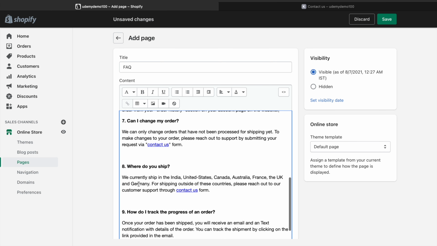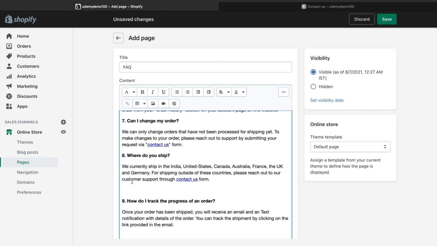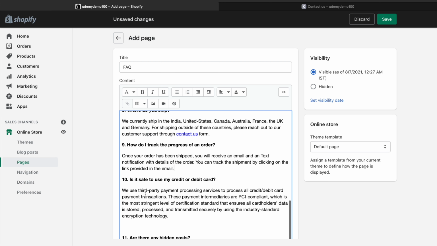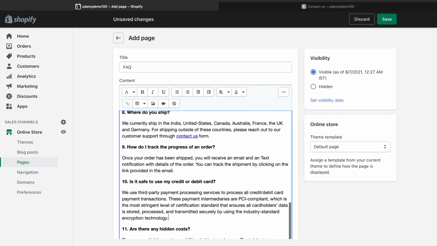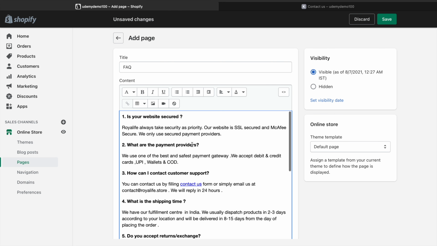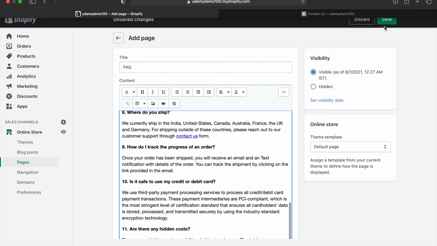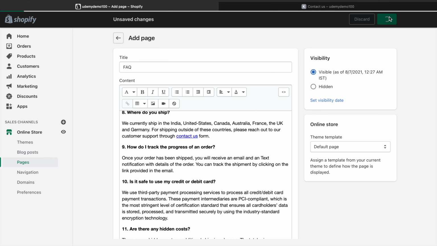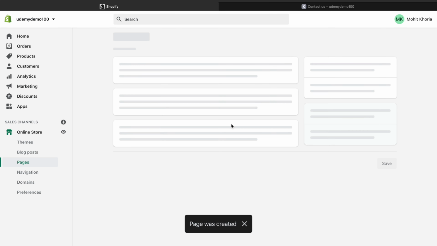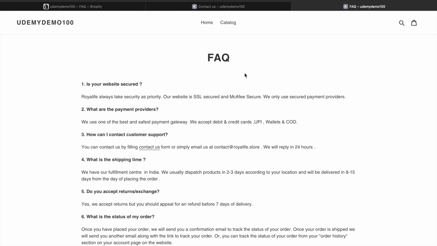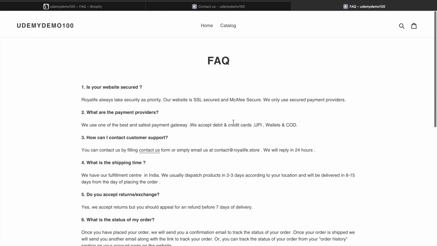This is the exact same template I use everywhere, and it has all the questions. You can also add questions of your choice, but these are some of the important questions. You can bold some questions, and you can add links from here. Let me show how to add a link. So this is how you can add links. Now click on save. You just need to copy and paste the template which I provide in the resource part. So now let's view this page. So this is how it looks.